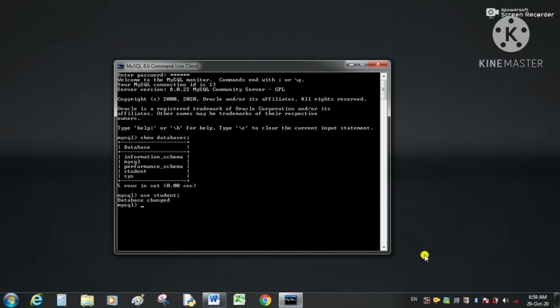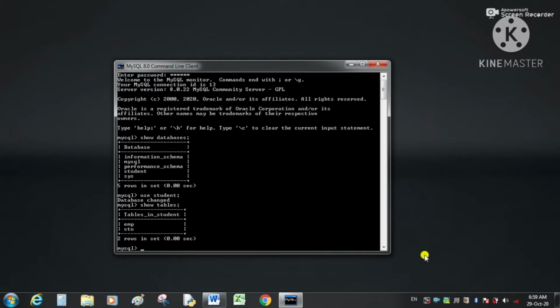Now we will see how many tables are there in this student database, and for this, show tables. So here are two tables, emp and student.